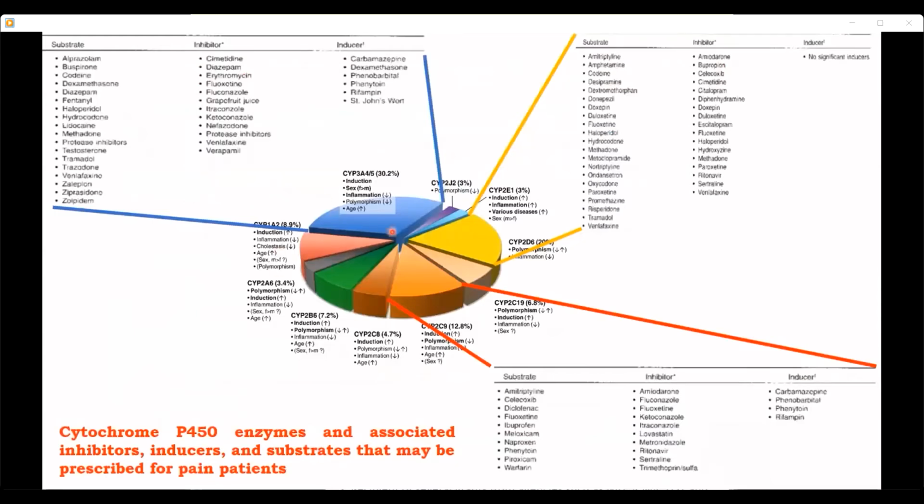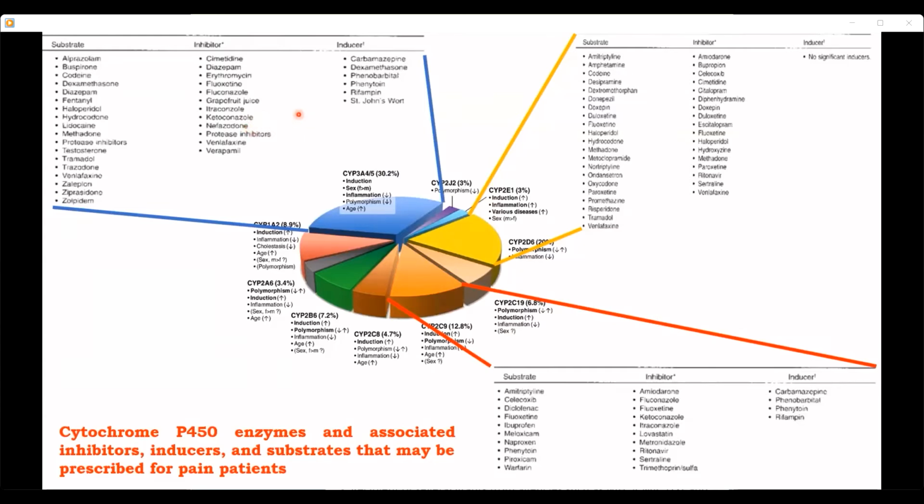This pie chart shows how pain medications and other drugs used in neuropathic pain, such as antidepressants, are handled. Most of these drugs are metabolized by a class of enzymes called cytochrome P450 enzymes, and they are associated with inhibitors, inducers, and substrates that may be prescribed for pain patients. Several CYP enzymes are involved in the metabolism of different drugs by induction, inhibition, or as substrates. Some of the most important enzymes